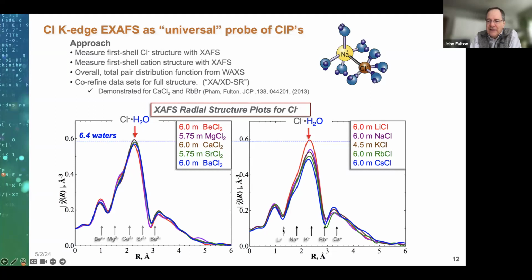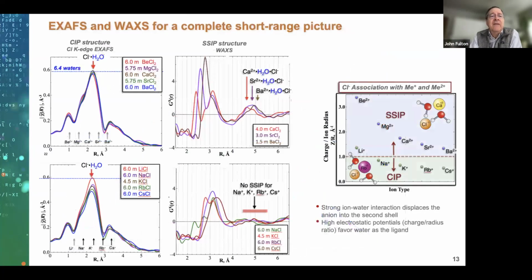And in fact, these arrows I've added here show the positions of the backscattering from the nearby cation. And there are clear signals in detailed analysis that would correspond to the cation in that first shell. And we've also paired this with wide angle X-ray scattering that gives us the longer range view. So these are the XAFS experiments that I showed, but for the same series,